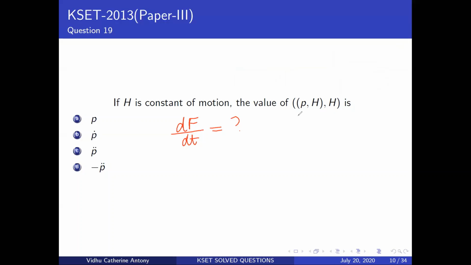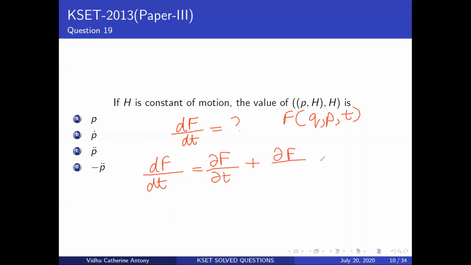And then I need to relate this to a Poisson bracket, okay? So what I will end up doing now is, your function here that you got, I can write it as ∂f/∂t. And I'm telling you that this f is a function of q, p, and t, okay? So I end up getting ∂f/∂q into q dot. Let's just lose the k's here. I'm just going to write this plus ∂f/∂p into p dot.